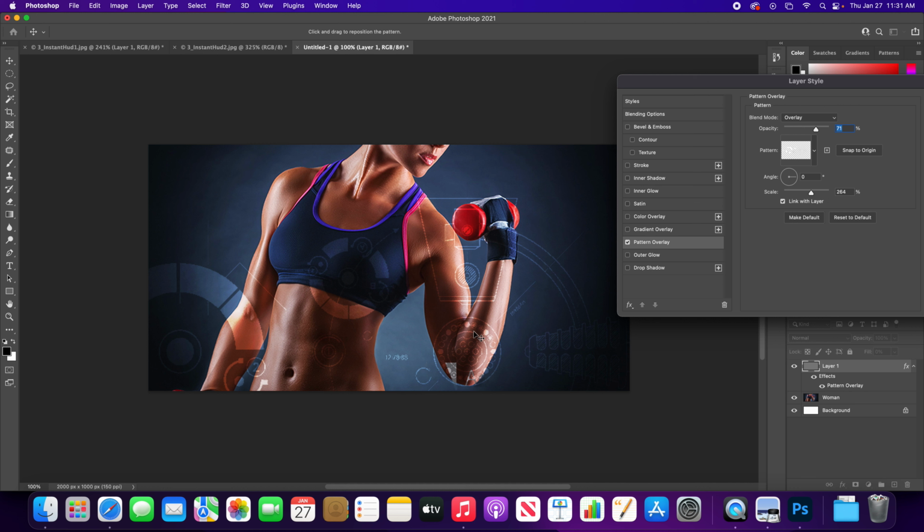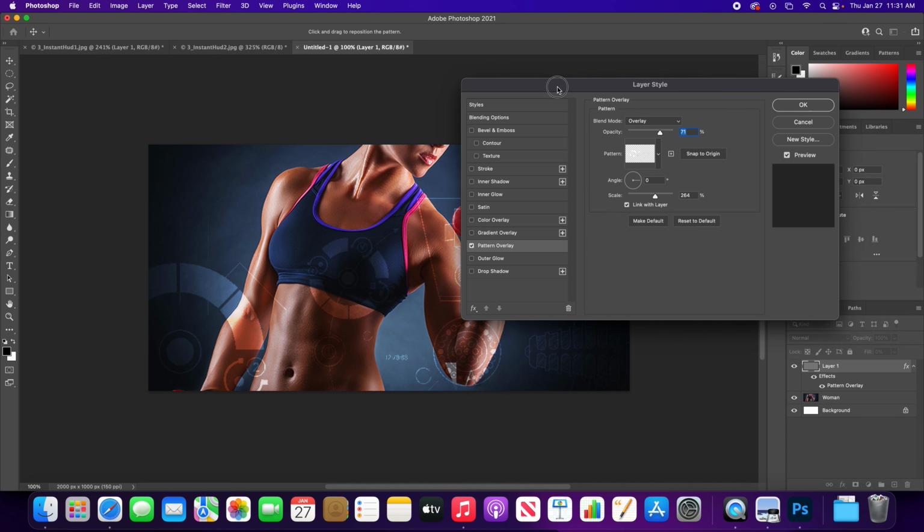physics as we start dealing with the anatomy and physiology. How's that moving? What's happening as it moves? So we're getting that swing to that. So once you're happy with the way that looks, we're going to go ahead and we're going to say OK